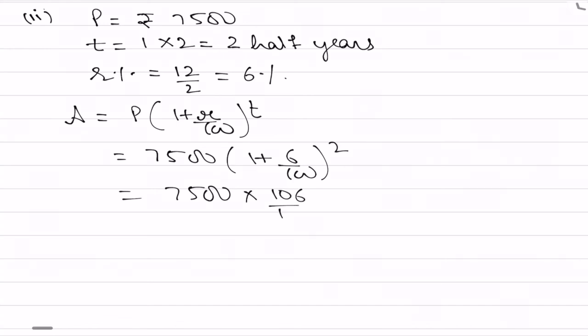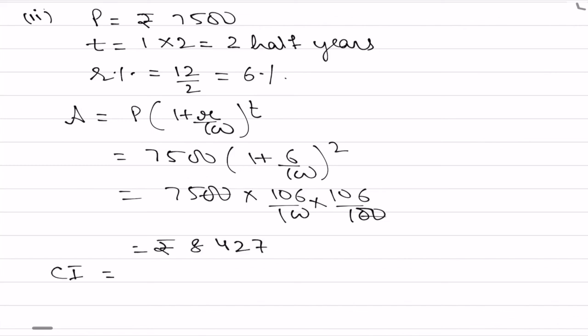After solving, we can see that the value of the amount is rupees 8,427, and the compound interest is again amount minus original principal, that is 7,500. So that is rupees